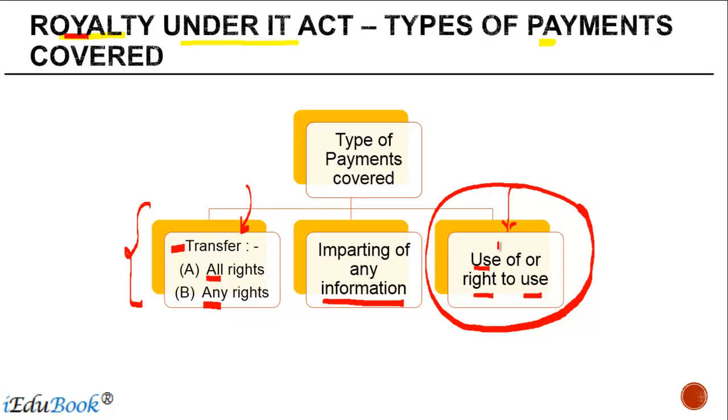this is the segment which is found in most of the treaties. And this is the most significant part of royalty in any of the clauses in the treaty that you will see which India also has. Imparting of information is also covered in detail, but there are few items which are covered here. And like I said, in most of the treaties, payment for transfer of all or any right is treated as capital gain and is therefore not chargeable to tax under the head royalty.